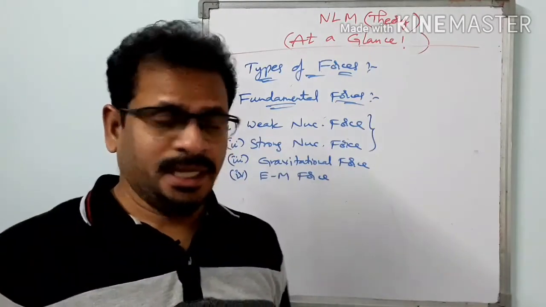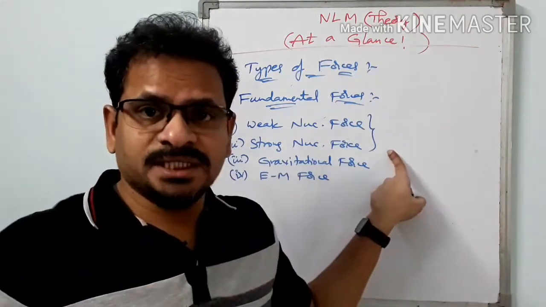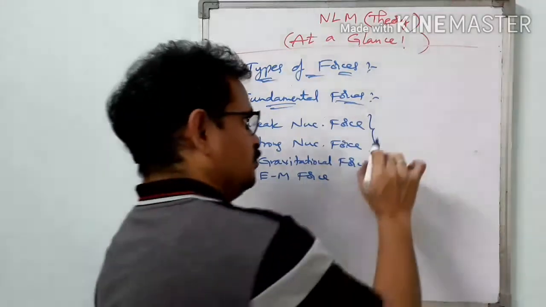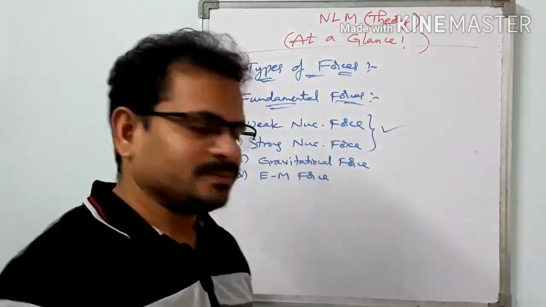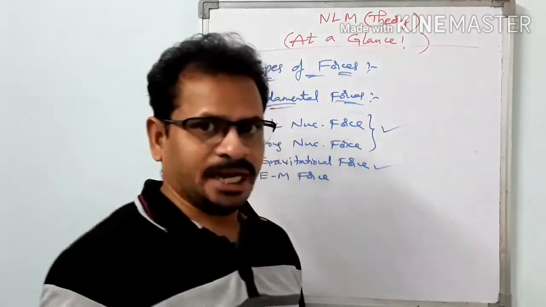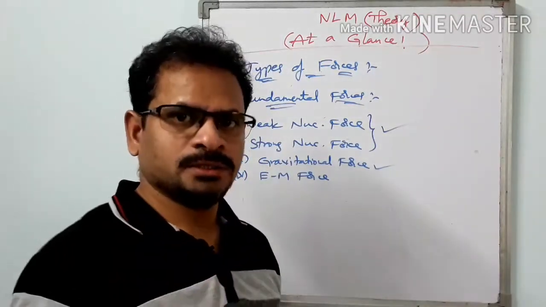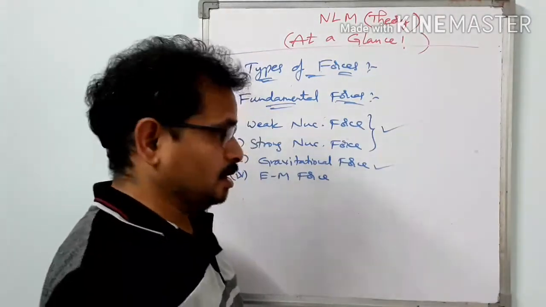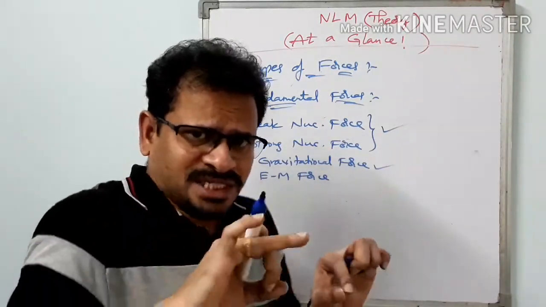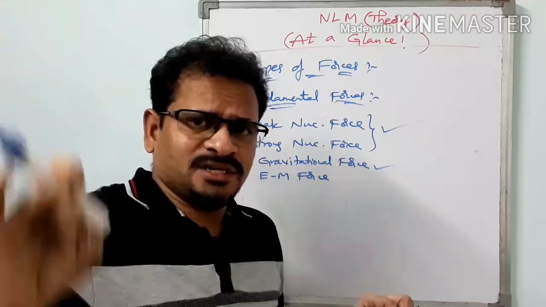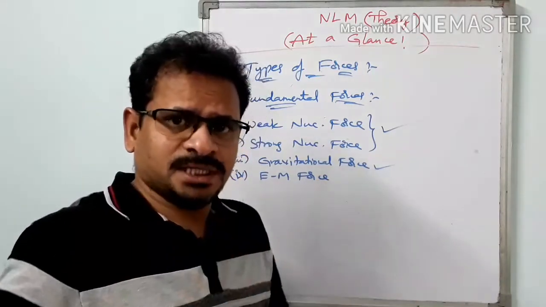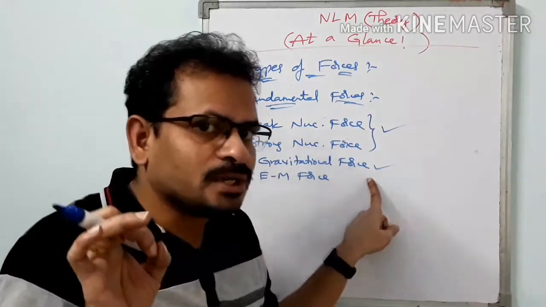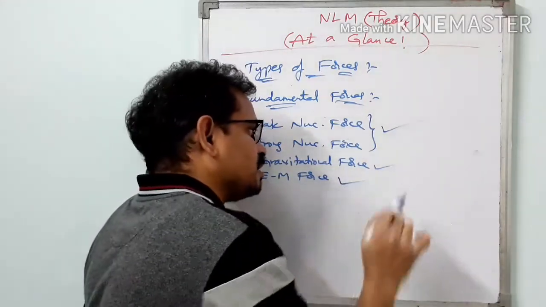So they are not applicable in any other chapter in physics. They are only confined to the nuclear physics chapter. Next, gravitational force: the gravitation chapter itself is there, so it is one basic force. In physics chapters other than nuclear physics, wherever we find any force, that force comes under two categories. Either it is a gravitational force, or if it is not a gravitational force, it must fall under the electromagnetic category.